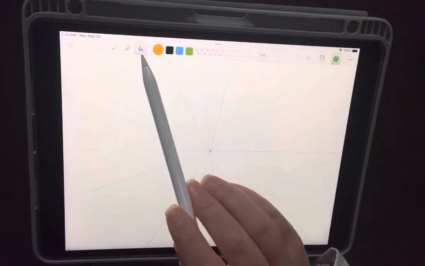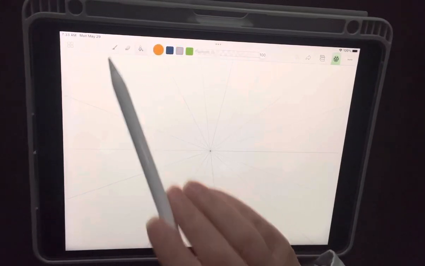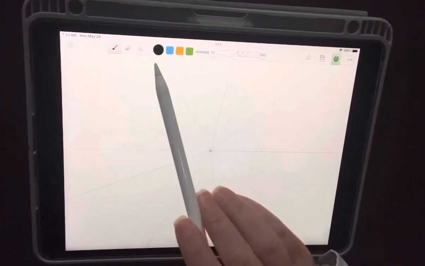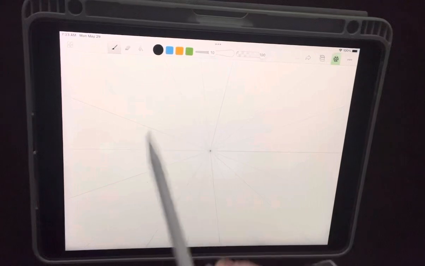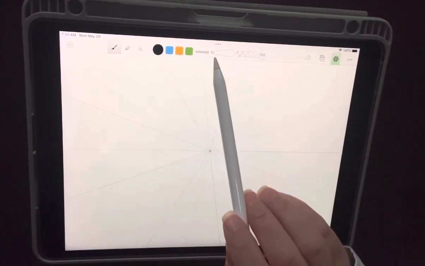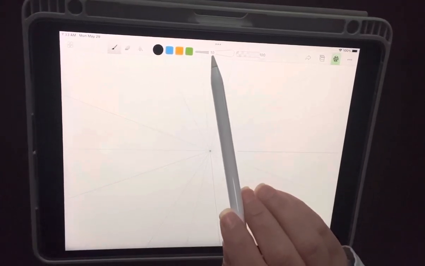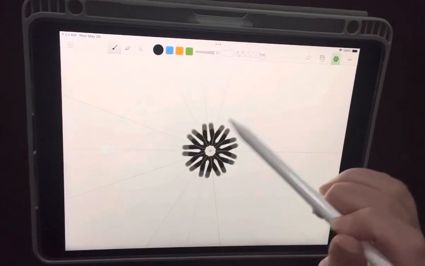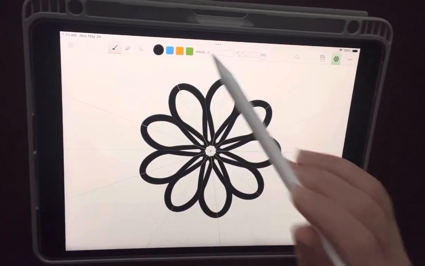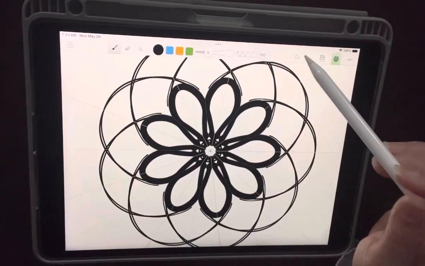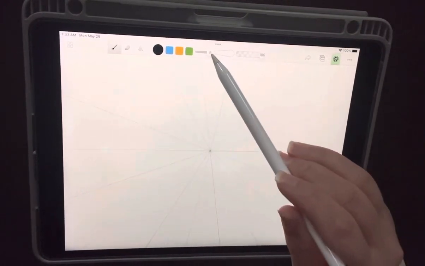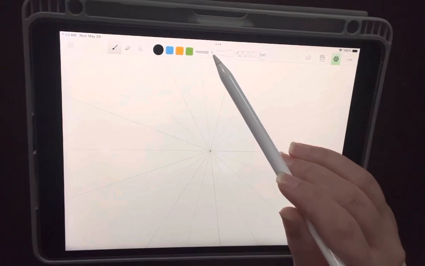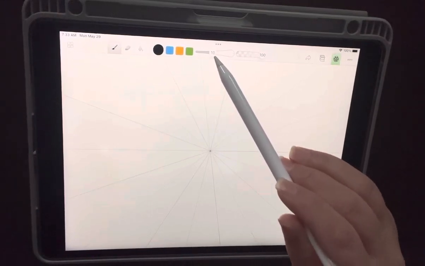Okay, and I'm going to show you more about the paint can fill color as well as these colors, because you have more than 4 colors. That would be kind of boring. This is your line quality, so you can have a thick line or a thin line depending on that. So if I push it up like this, I get a thick line. If I take it back down here, I have a thinner line. So you can play with that at any point,